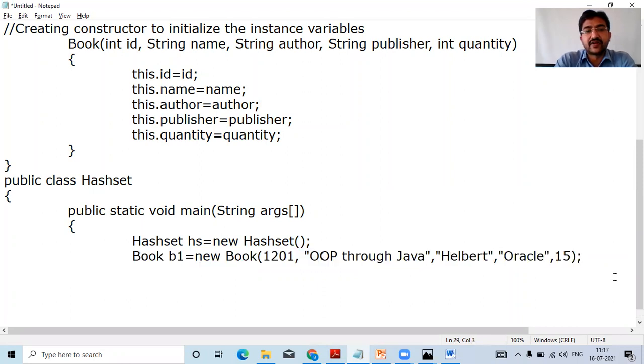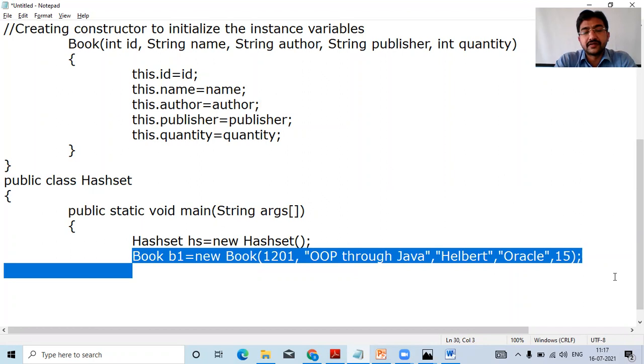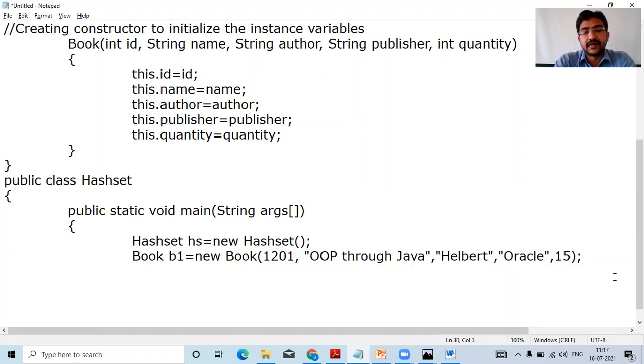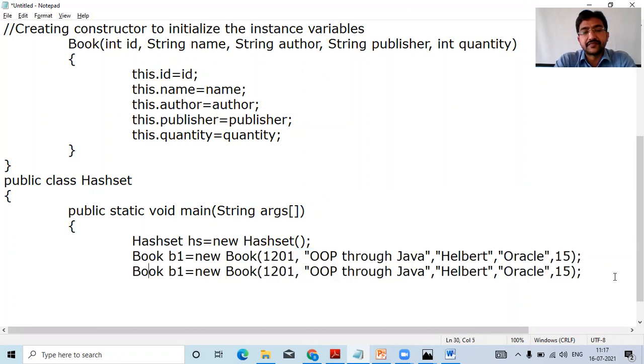Similarly, we are going to create the b2 instance. Book, new book, 1202 is the ID. Here we can call it DLD, subject, author. You can add your author name, say for example ABC, and make the publisher Pearson, any publisher, number of copies 10.